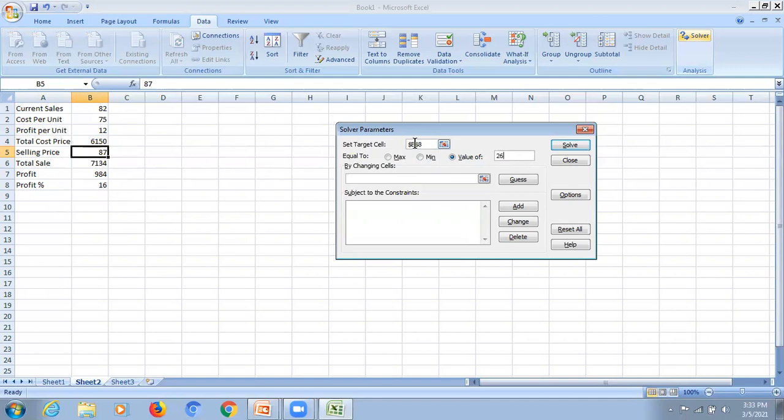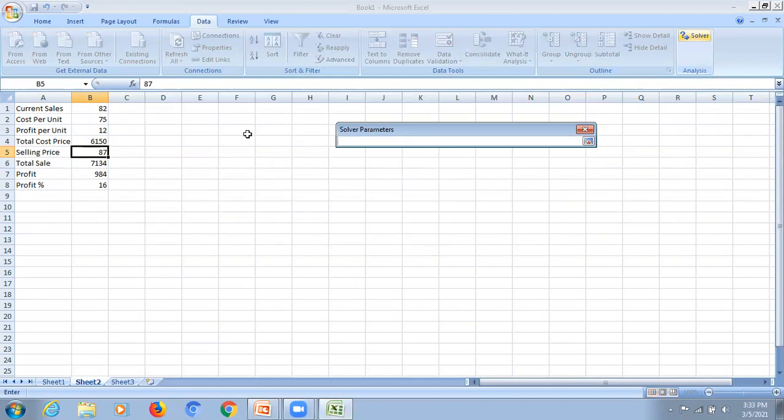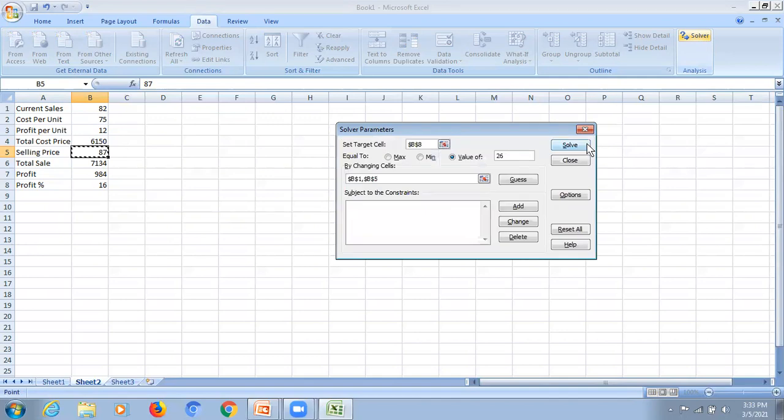I want to change this B8 to 26 by changing cells. Let me select this. I could either change the sale, comma, or I could change the selling price. These are the two parameters given in my question. If I do not write anything else, let me just click on Solve.